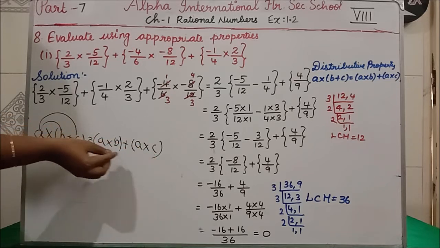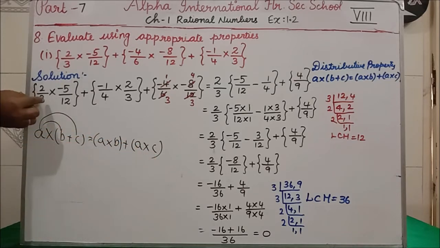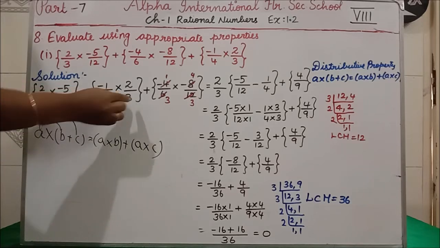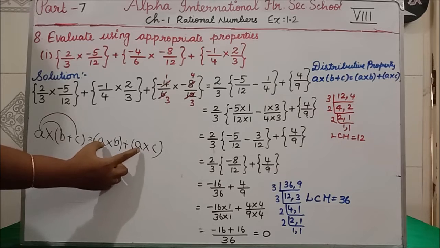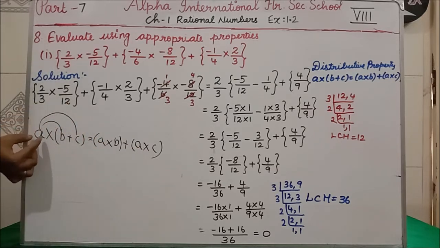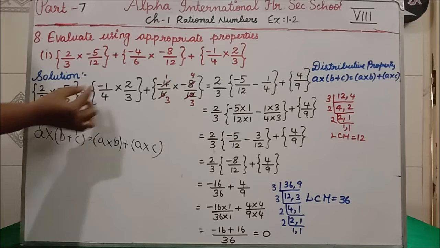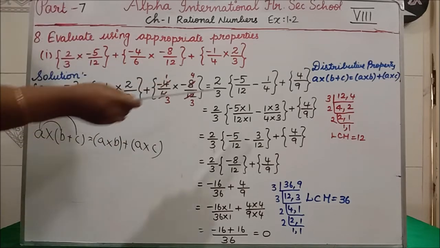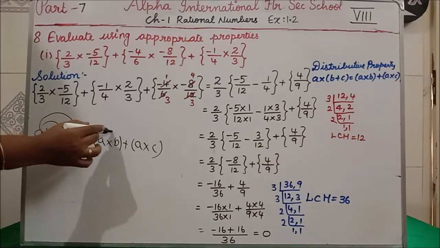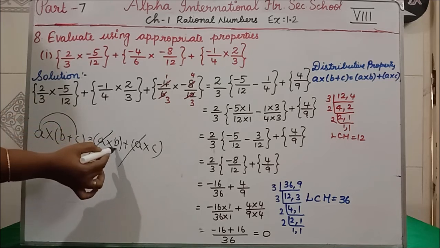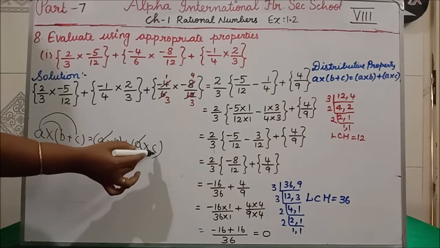So here also A is coming, here also A is coming. See, here also 2 by 3 is coming, here also 2 by 3 is coming. If A is commonly there, see, in the question what have we taken? We have taken A commonly out. The same thing we are doing here also. I have taken 2 by 3 commonly out and I have written 2 by 3. Clear, students? Inside the bracket, what? If I take this A outside, the remaining is B, in between the plus sign, and here C.